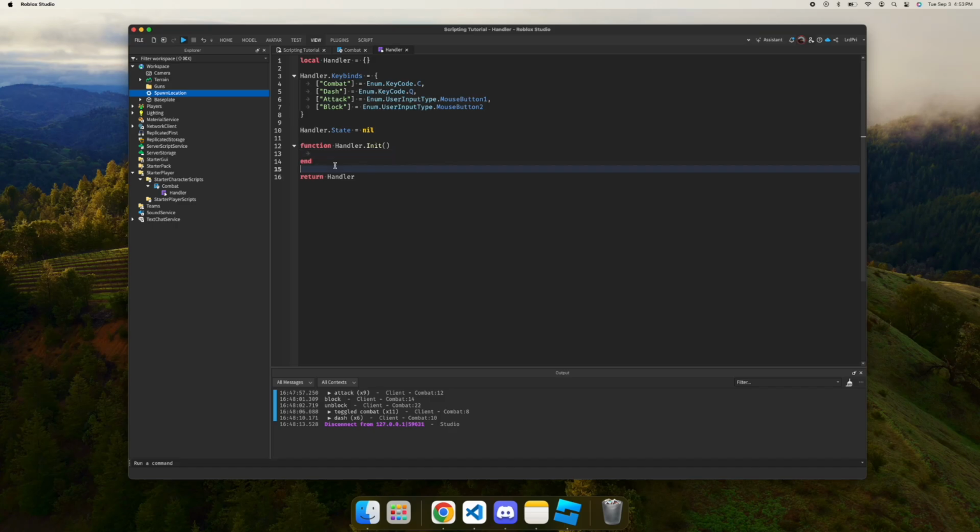Let's set up the function. We want to create a function to get the state. Function handler.get_state, and return handler.state. Basically, when you call this function, it just gives you the value of handler.state. You can also just check the value of handler.state, but I prefer calling the function. So yeah, then